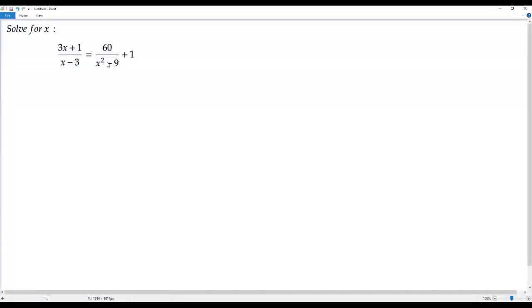Here we have a problem in algebra 2. That is, we have to solve the given rational equation for x. That is, we have to find the value of x. Okay, in my first step, what I'm going to do is simplify the expression we have on